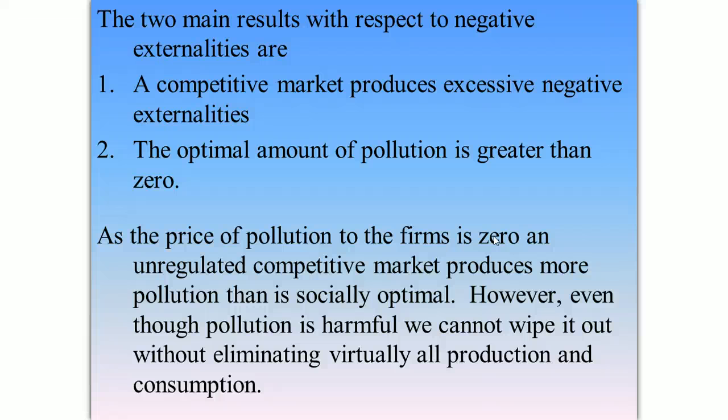So with pollution in an unregulated market, the marginal cost of the firm is zero. It doesn't appear in their accounts. So as long as they're earning a small bit of extra profit from each unit produced, they will continue to produce. The problem is that the marginal cost of pollution to society isn't zero. So society would prefer if production was scaled back, but for the firms it's about profit maximizing.